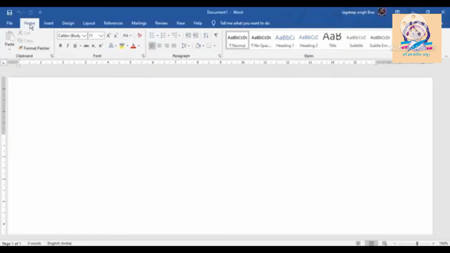For example, we have the Home tab, having the Clipboard group including the copy, paste and cut commands. The Font group is used for the various formatting of font. The Paragraph group has commands related to the paragraph, like alignment, line spacing and paragraph spacing.